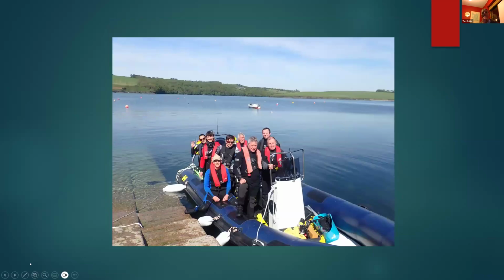So that's the dive club boats. Again, that's Oyster Haven, which is where our study site is. We're a fairly large club by Irish standards, and we have our boats moored out there from April to October every year. As well as being our mooring site for the dive club, it's also where we do a lot of training. We do shore dives from the slip here. You can see the slip on the left-hand side, and we take trainees out to where those boats are in the picture here. And because we've been doing these shore dives all the time, we knew there was seagrass there. So when it was suggested that maybe we should do some sort of conservation project